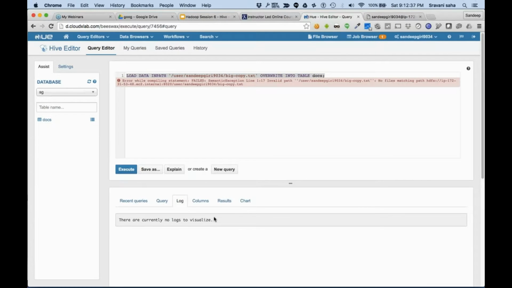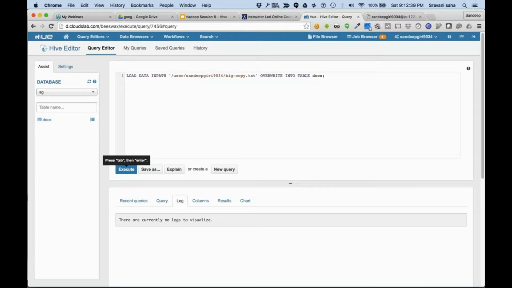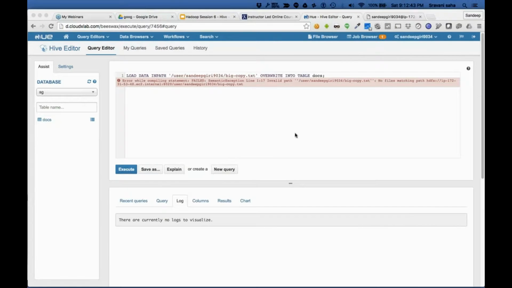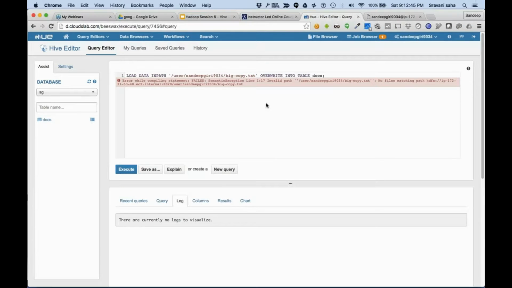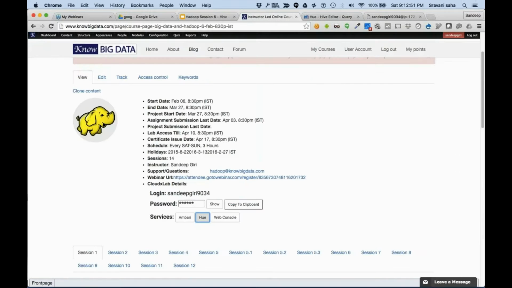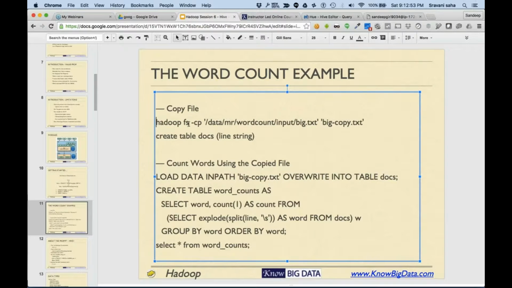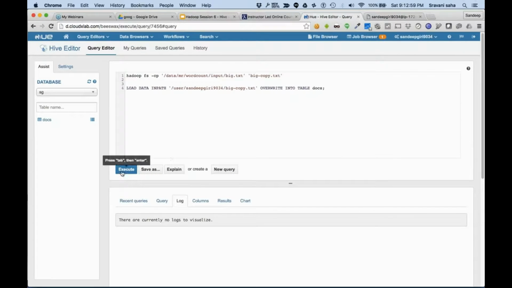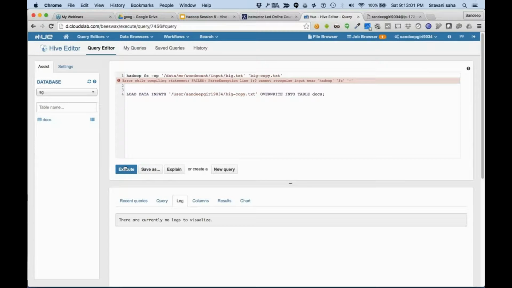What did it say? Oh, the file is deleted. Yeah, so the file gets deleted every time you delete the table. Every time you drop the table, the underlying file will get deleted.